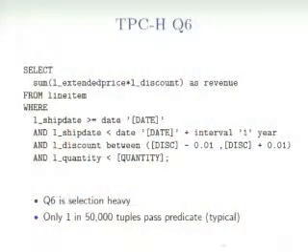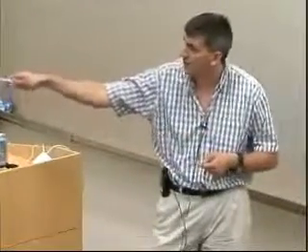Now, I'm going to talk about another query, which is query 6. Query 6 looks very similar to query 1, except that the aggregate is much simpler. Right? I have a simple expression, but the filtering condition is complicated now. So I have about 5 independent conditions that I have to evaluate.